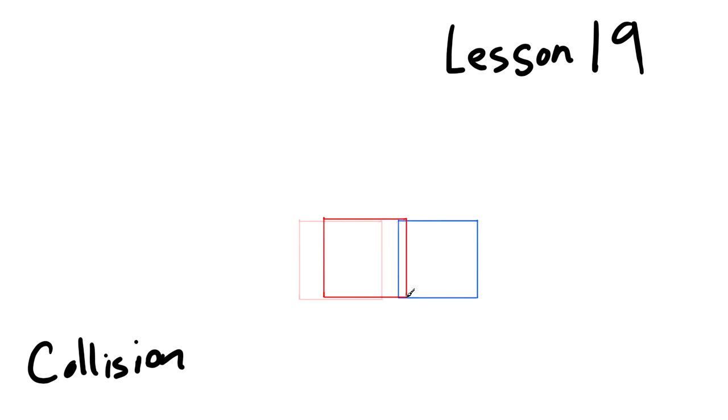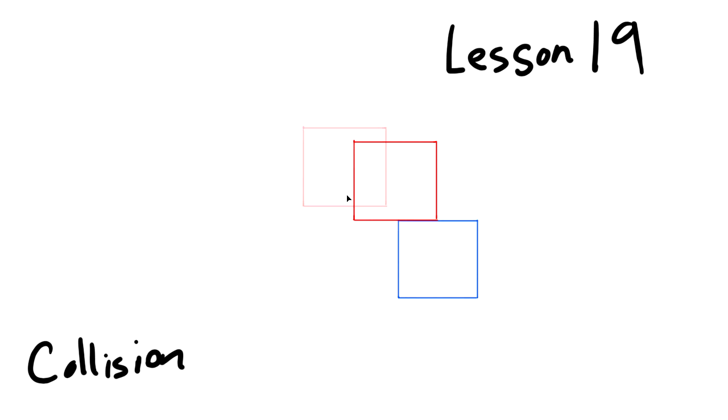Let's say you're coming in, you go like this. You can compare your X penetration to your Y penetration, pick the shallowest one, offset by that much, and you solve your problem. And that will give you the proper result in most situations, I would guess. But